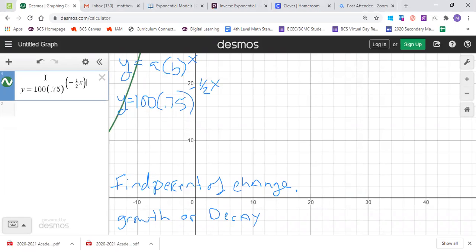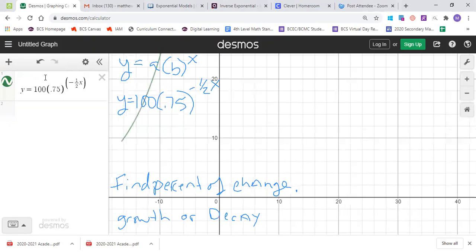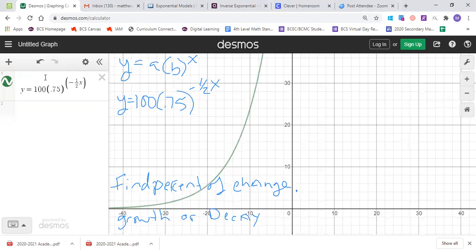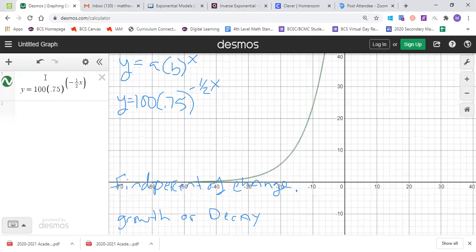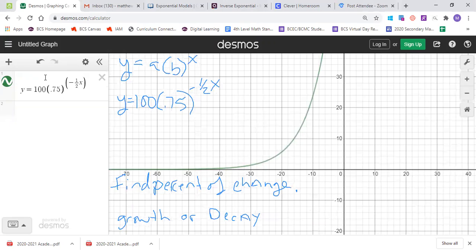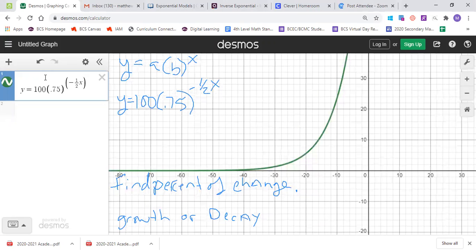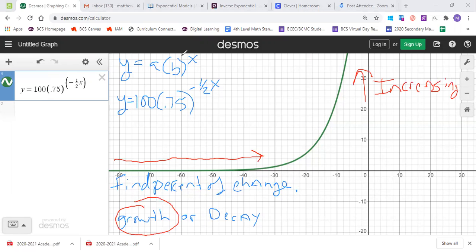And if we look at this, we can see that green formation of an exponential equation starting to show. But what you can tell, just by looking at it automatically, is as we read this graph from left to right, so as we're going this way out, we can see that the graph is increasing. And as it is increasing, we can go ahead and determine that this is growth just by looking at the